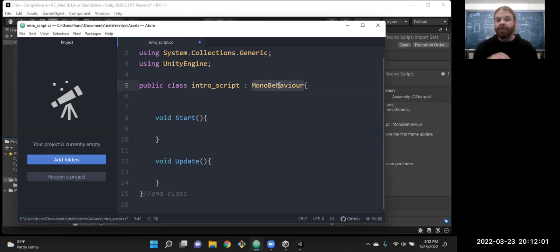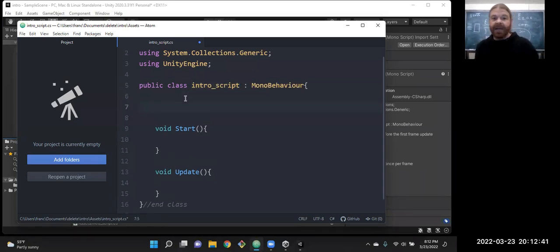Our Introscript inherits from MonoBehaviour, which everything we run in Unity needs to inherit from, because that's the stuff that the engine works with to apply polymorphism. All of the methods built into the engine work with MonoBehaviour, or are set up to accept MonoBehaviour type data, or explicit generic type data that we will fill in when we make our classes. We'll see that stuff soon as we talk about C#, but the parent class, and then we're working on the child class, and everything has to go in between.